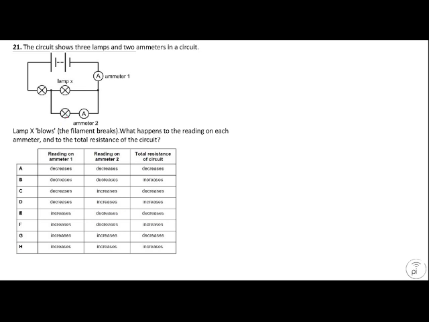Lamp X blows. Она не работает. What happens to the reading on each ammeter? Если она не работает, значит здесь можно как считать open circuit, да? Значит, здесь ток не идет. Тогда